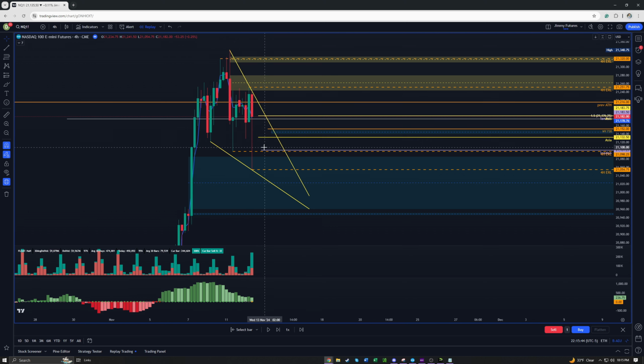We have our previous 4-hour external range liquidity, which is right here, that we mentioned at 21,098. Then we have anywhere in here, ideally the consequent encroachment, which is our halfway point of that fair value gap, but ideally even further down here. But just because we are in the upper quadrant of the fair value gap does not mean that we can't take a trade, right? 4-hour shows you areas of interest where we want to look at PD arrays, especially this fair value gap. But then we go down to the smaller time frames to really gauge where we want to